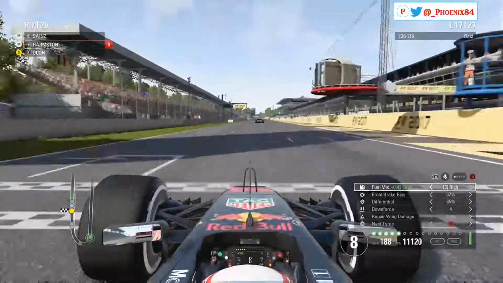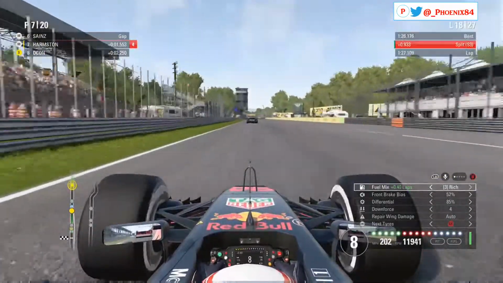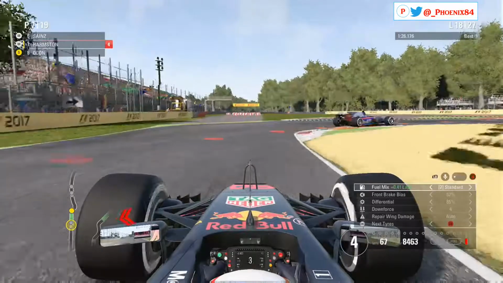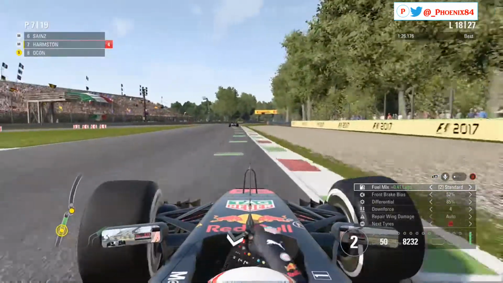This is a lapped car. I believe it is Ericsson, who was last by some fortunate strategy. Okay, he's sort of parked on the racing line. That's not really so helpful for us, so we go down the inside. And as you say that, we have...